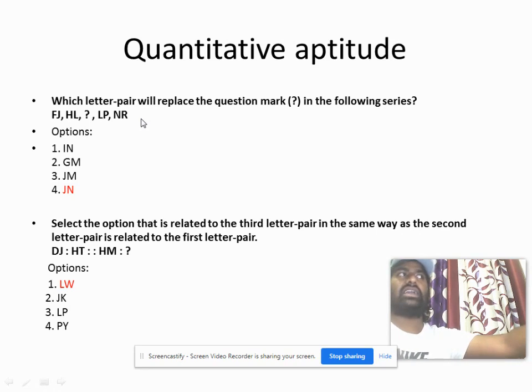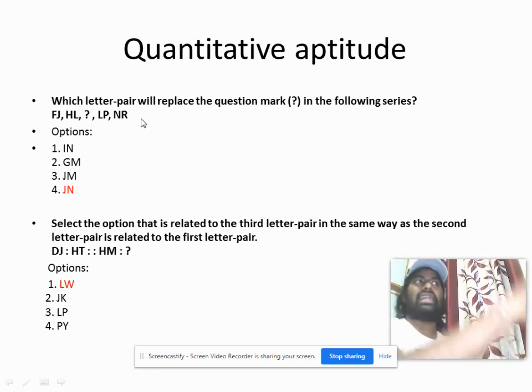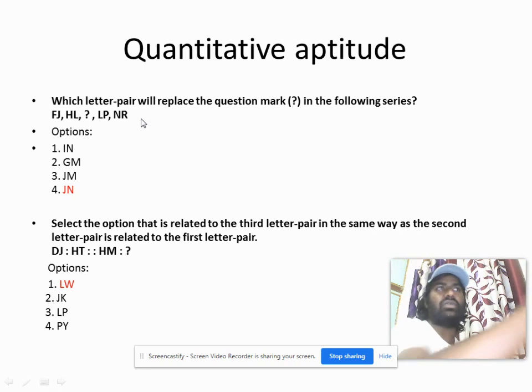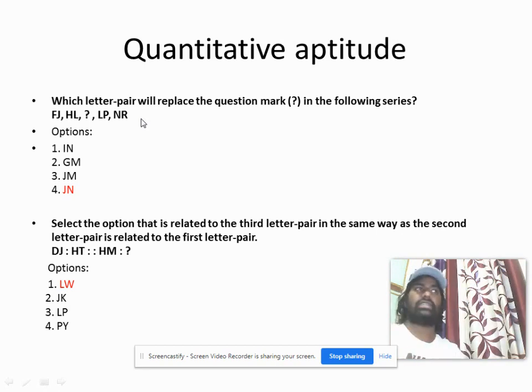After J, the next letter, J K L, it's two letters. Okay, L M N. So the next letter will be N. So in that manner you need to think J. That's how we go J K L. So one letter difference. That's a successive series. You need to know it properly. See, guys, they'll ask in a different manner, but the analogy or the analysis will remain the same.